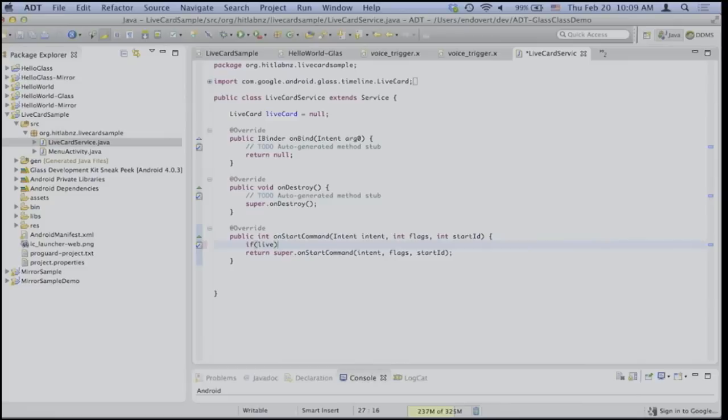you check if your live card is there, and then create one. If it's null, then create one. Otherwise, you just ignore and stop. So we don't want to flood our timeline with a bunch of live cards, so we'll just stop it. But the user will have to figure out that there is already a live card and go there manually. And I forgot to mention this one, but you can delete it safely. What you have to return is